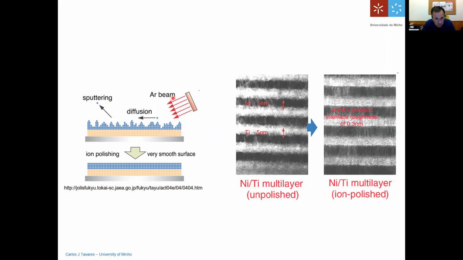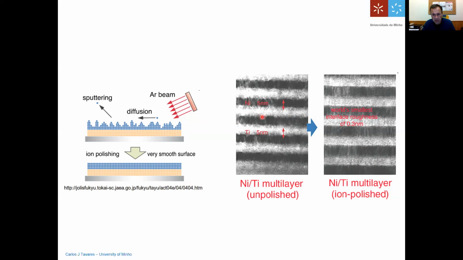And when you make this polishing with this argon beam, which is an auxiliary system, then you will have a very smooth surface, okay? And then you can change this waviness, this roughness into, well, at the time that I read this paper, they declared it was the world's smallest interface roughness. I believe now you can achieve even less. But here the calculated roughness is about 0.3 nanometers, so 3 angstrom roughness, which is really very small due to